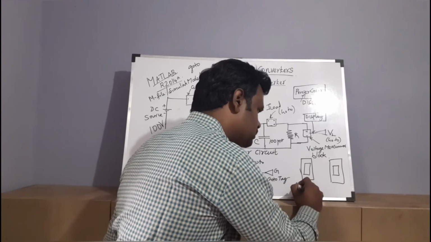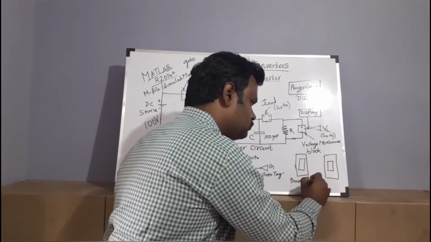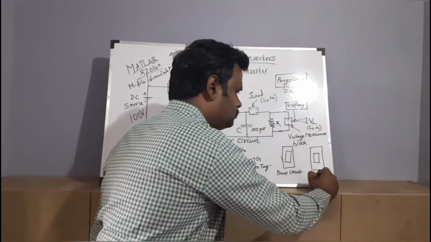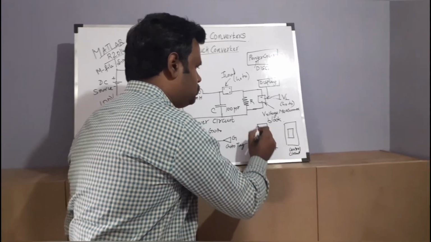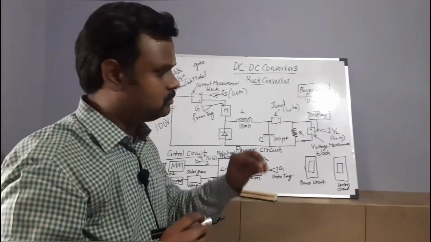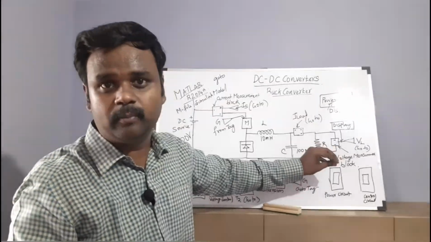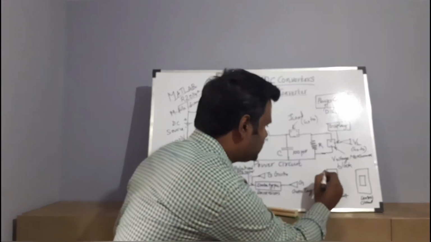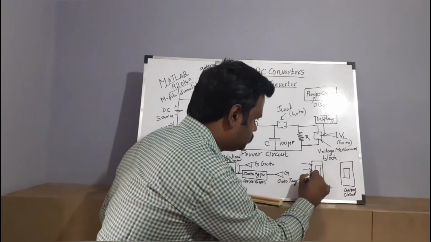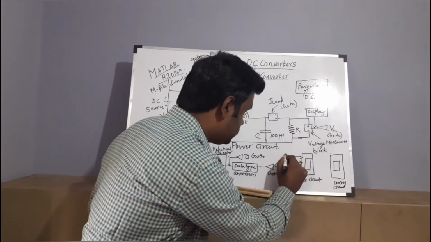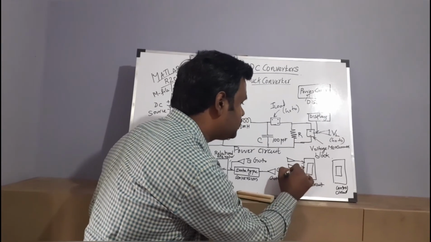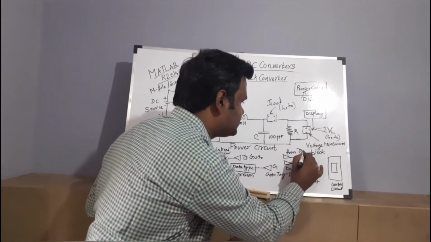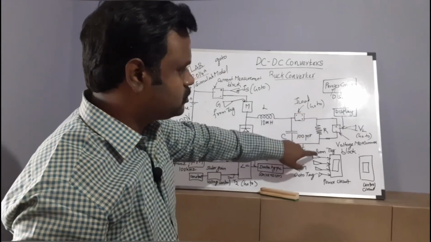One is for the power circuit and another one is for the control circuit, right? So there will be a number of axes, depending on how many outputs you have to view; you have to put that many axes. Now I'm going to put 4 axes for the power circuit, right? So there will be 4 lines, 1, 2, 3, 4, and here we should use From tag. Remember, here we should use From tag. Why From tag? Because you are sending the signal from here with the Goto tag, and it should be received in this scope.